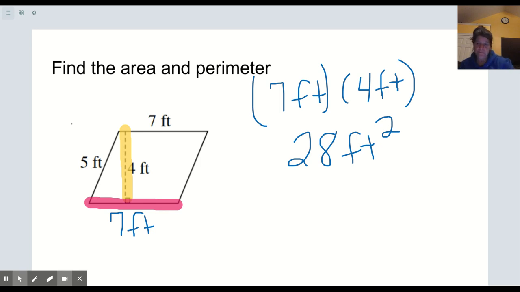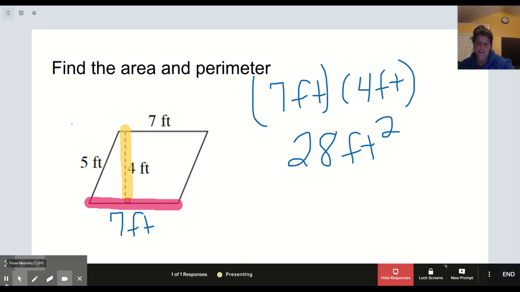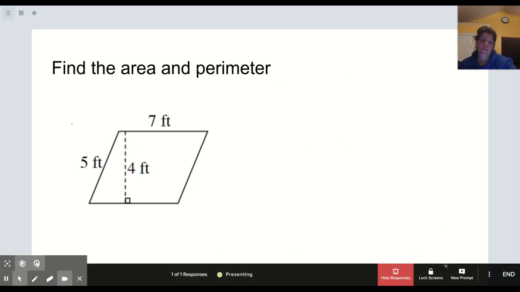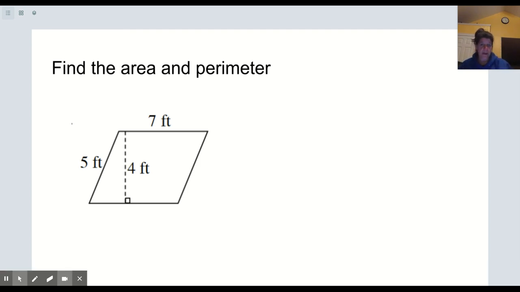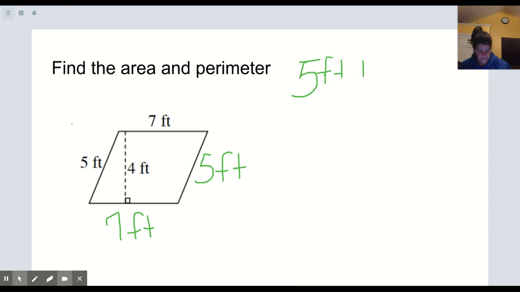And then we're going to take a look. Okay, so let's take a look at our perimeter now. So remember perimeter, we're going to add up all the sides like we're walking around. And I know that opposite sides are the same length, so I can fill in those missing measurements. And then I can do 5 feet plus 7 feet,